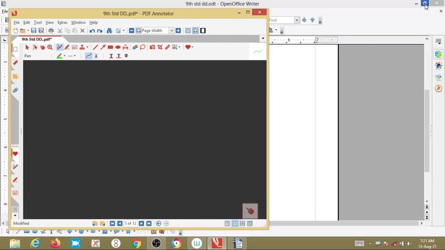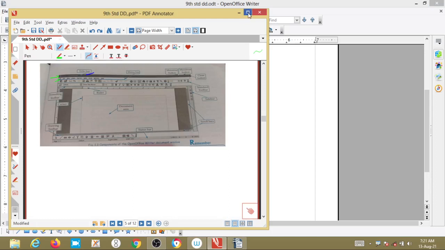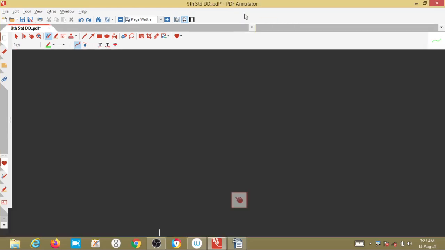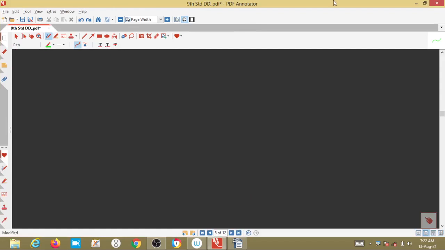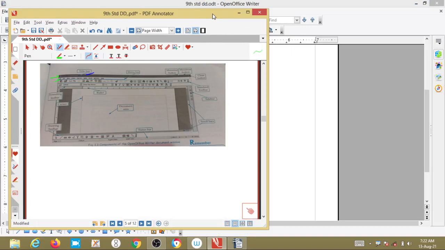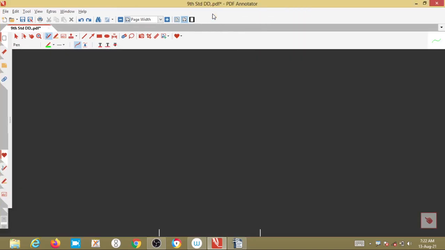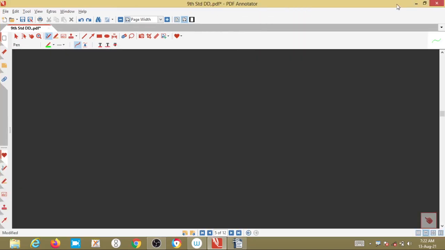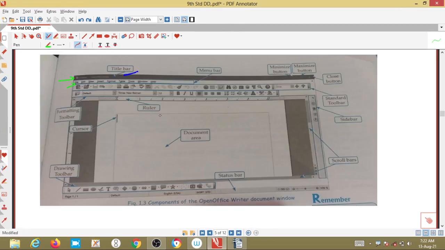When you click on this it gets resized and you get one symbol instead of two. See here, you get two symbols, that is, now it is in full screen. If you want to reduce it, you get it like this, right? Again if you want to maximize it to full screen, you can. Sometimes when it is in a resized format, if you double click on this title bar, it will become full screen. Clear now?